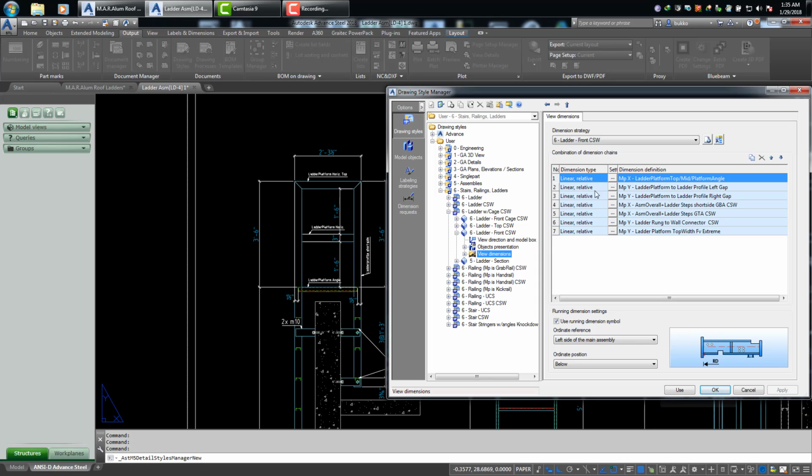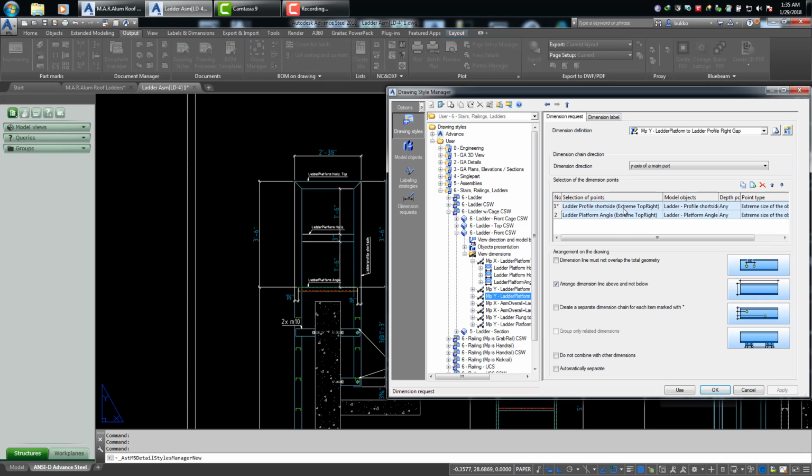I'll try to make these a little quicker. The main part, Y, it says ladder platform to ladder profile, left gap. Basically, and then there's a right gap, it's these two dimensions here. And if you'll notice, I wanted to show the offset from the platform angle to the stringer, because there needs to be an offset here. It just can't be out to the end, because it's a very strange feeling to put your foot over that ladder and to have something kicking into your shin. So you want to have it in a little bit. But if I go and look at this,